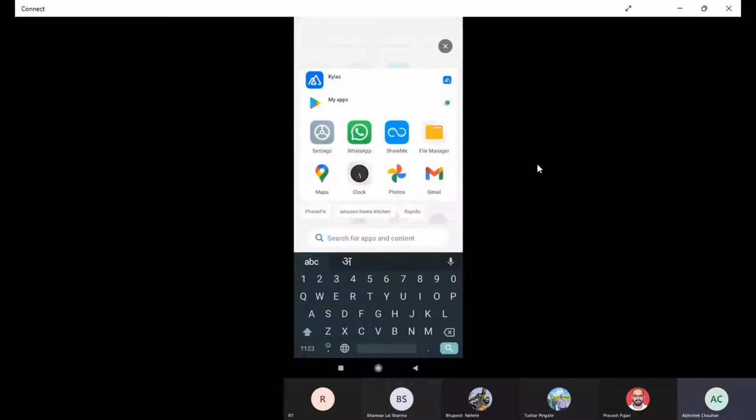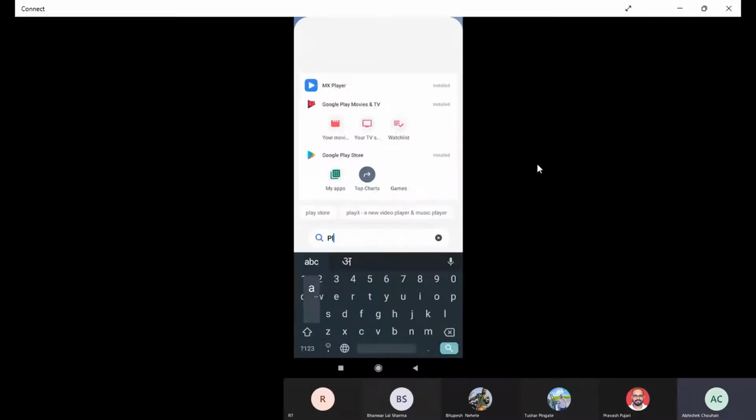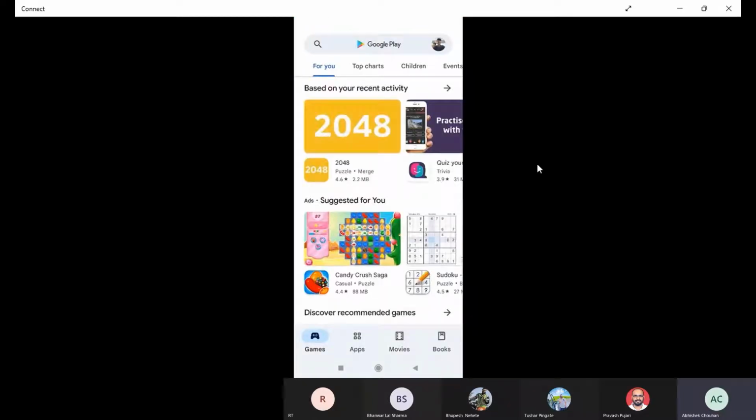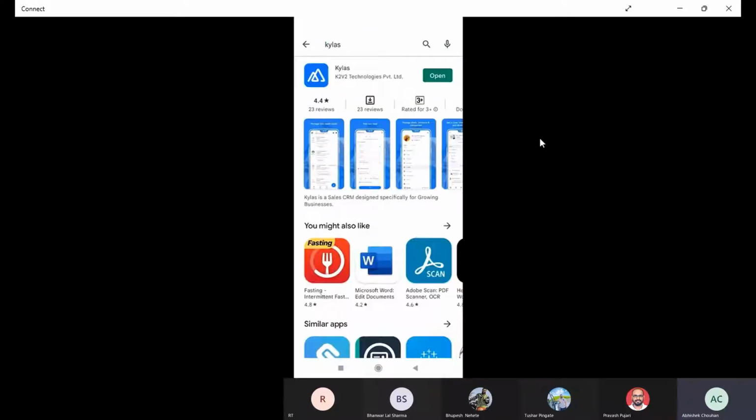So first of all, in order to use the application, we have to simply go to the Play Store in case of Android, and in case of iOS, it will be the App Store. We can search for Kylas, and you will be taken to this screen where we can simply install the Kylas application. Since I have already installed it, it is directly asking me to open instead of installing. But if you haven't installed the application, it will ask you to install, and once you install, you can open